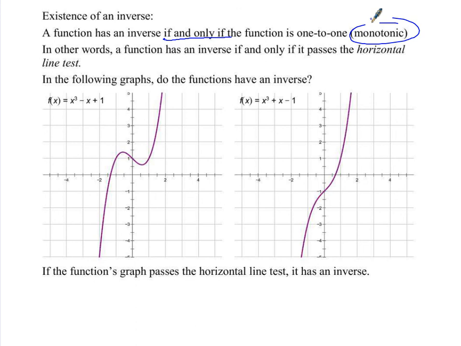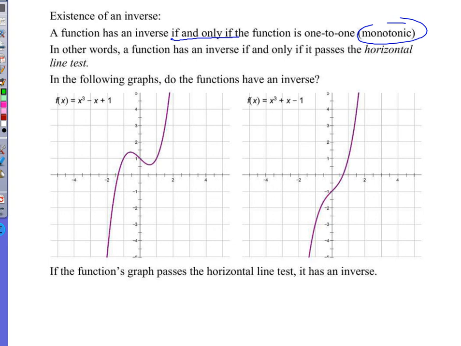A function is 1-to-1 if it's monotonic. Monotonic means always either increasing or decreasing, but it never turns around. So in other words, a function has an inverse if and only if it passes the horizontal line test. Oh yeah, because a vertical line is up and down, and a horizontal line is left and right. So, if I put a horizontal line on this graph,